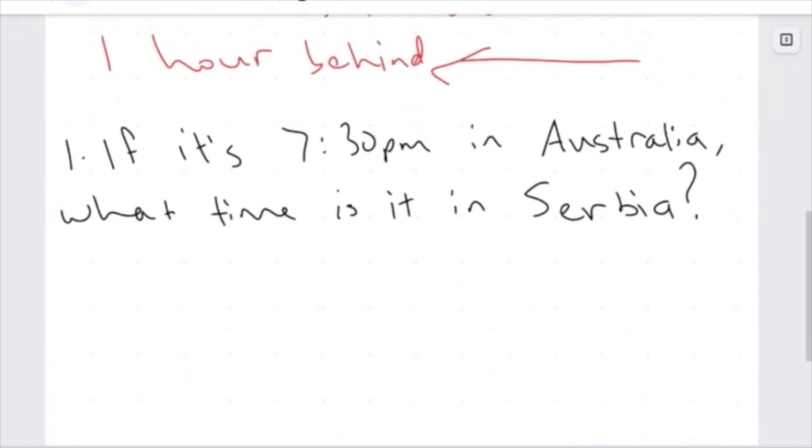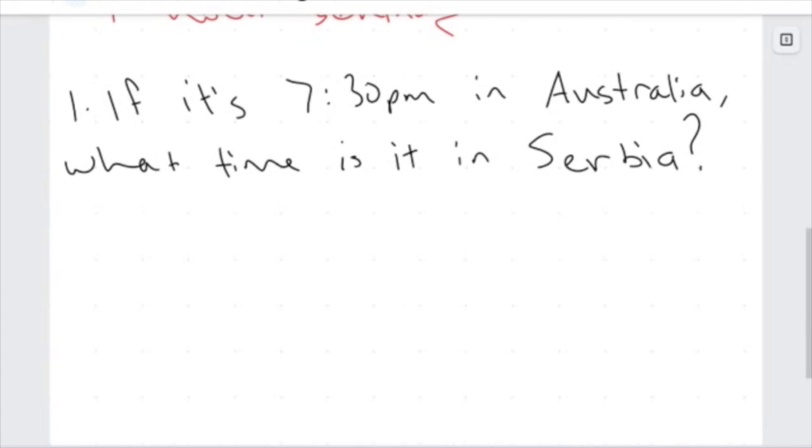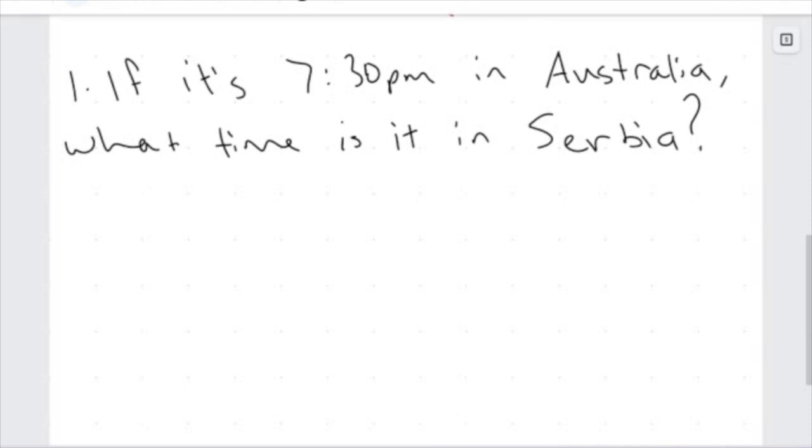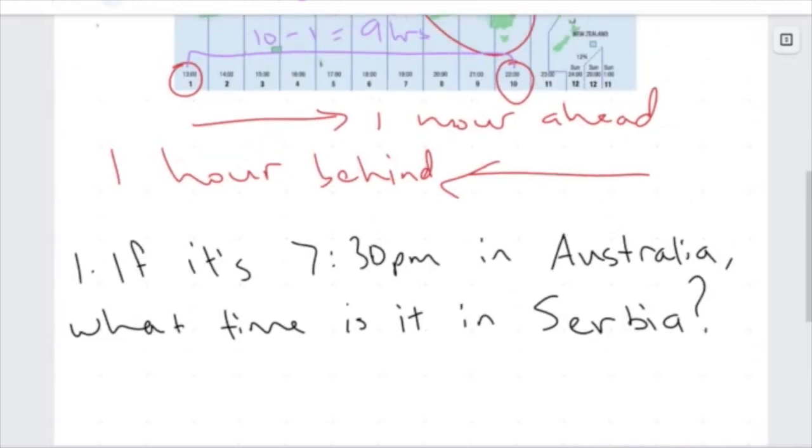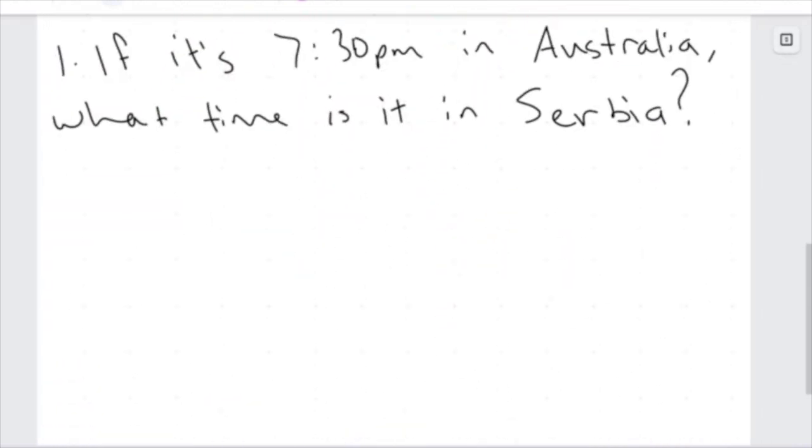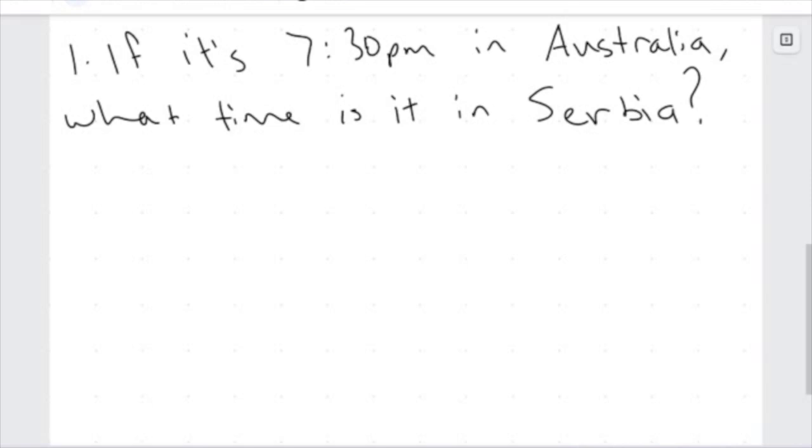So I can calculate this, right? Say it's 7:30 where I am in Australia, and I want to call or text one of my relatives. Well, I need to calculate what time it is over there to see if it's an appropriate time to call them. So I know from my diagram here that the time